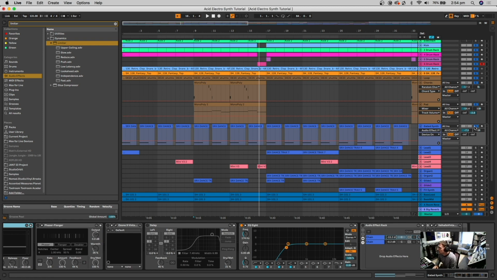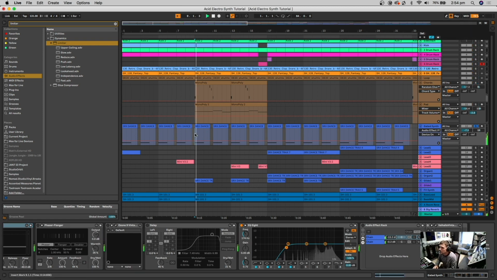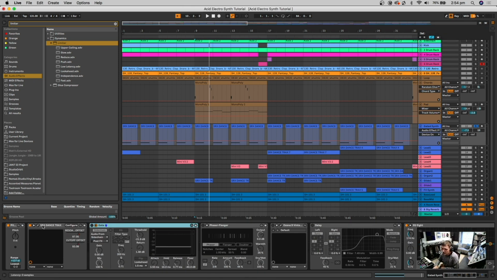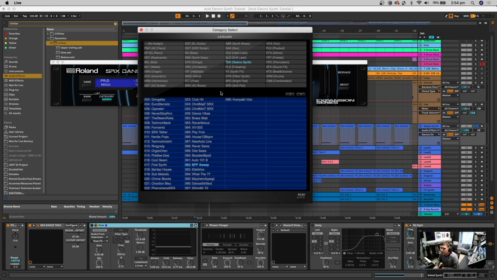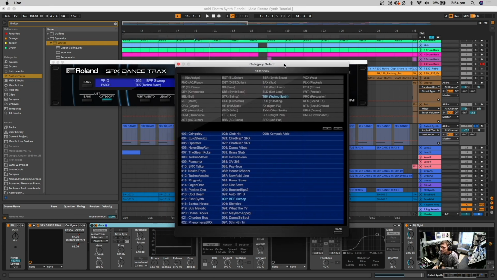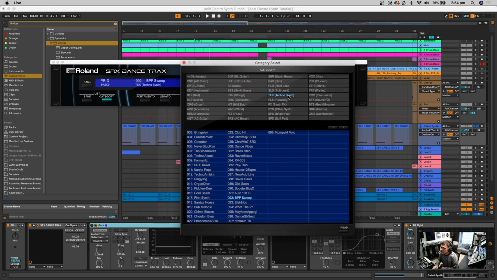So if I was to just solo the sound on its own, it's quite basic really, isn't it? It's just an acidy type sound. It's quite harsh, but I've just gone into this SRX dance tracks. But going into the category on here, if you're looking for this type of sound, there's this techno synth category